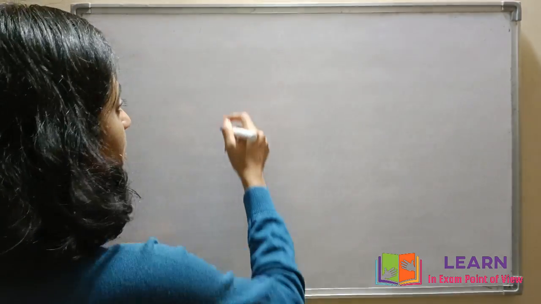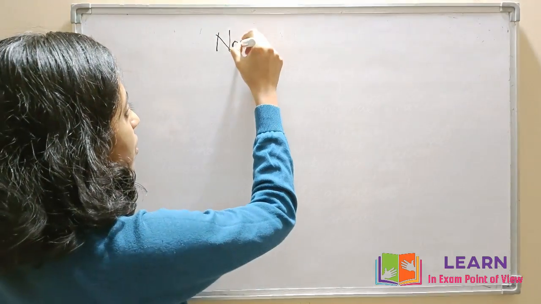Hello, my dear students. Today we can do the second part of defects in solids. That is, in the first class we discussed stoichiometric defects such as Frenkel defect and Schottky defect, right? So today we can discuss non-stoichiometric defects. Fine. So the heading you can make as